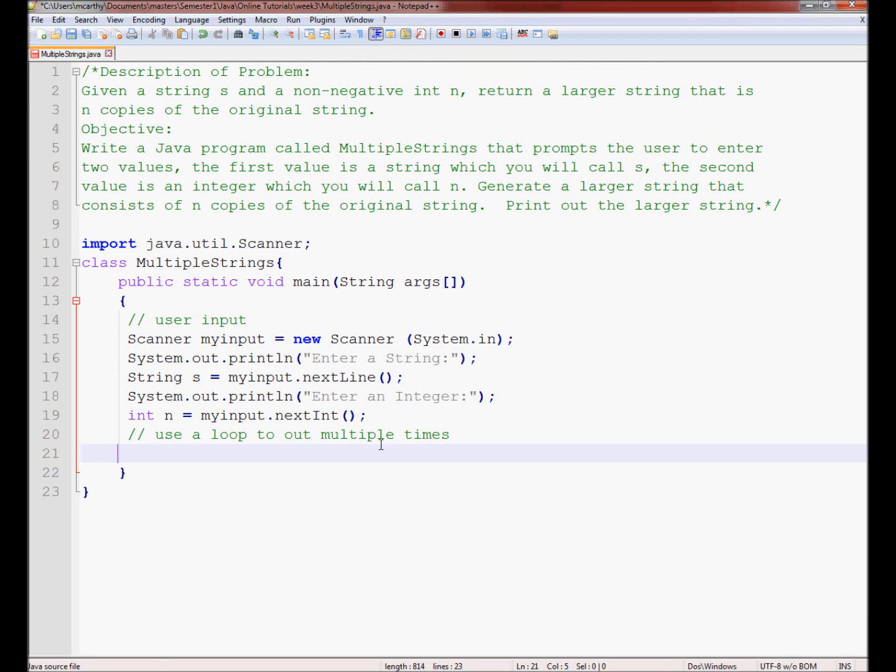So let's go ahead and put our while loop into our program. The first thing we need to do is create a variable called I, and we need to give it a value of 1, and this is going to break our condition, so it's not always true. So then we're going to say while